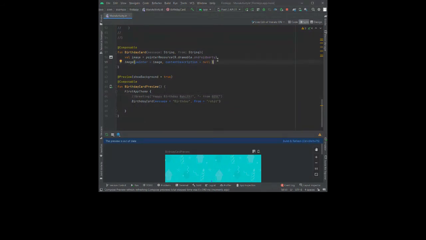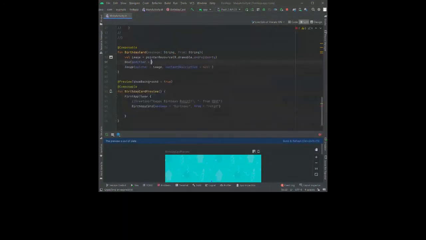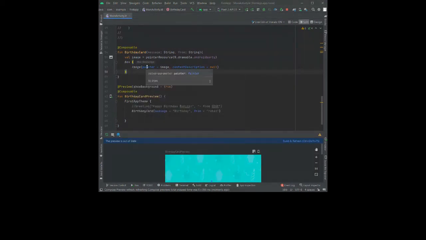Now I want to create this thing in a box. How do I create? Box. I don't want any modifier. Curly braces, close. Curly braces. Done. Now I got my image tag as painter, this null. Done. And what next? I'm going to create